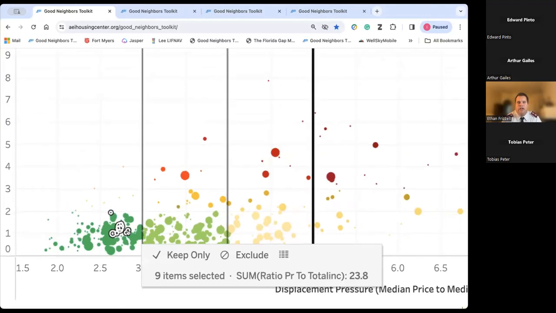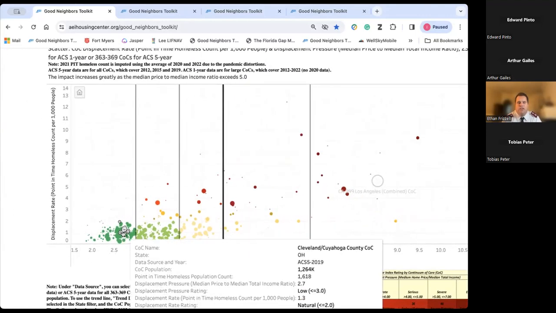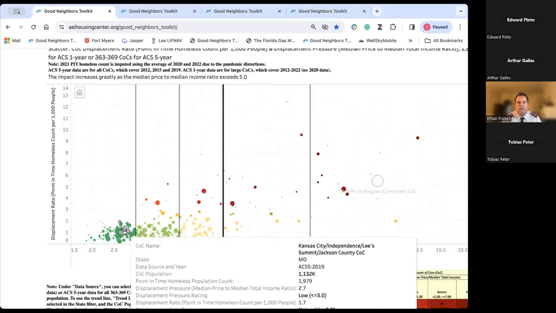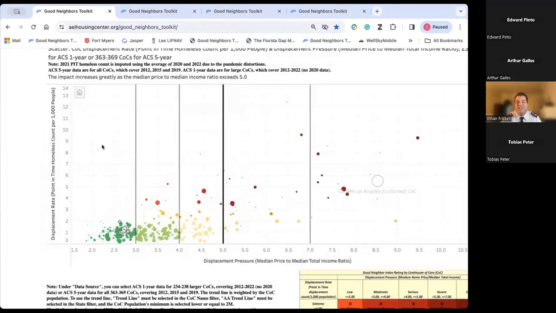And AEI very graciously left that data available to us, which means that once you found your city, you can actually table that data, move it into a data window, and look at those cities that are comparison to you and how they did with time. So I'm going to pause on that for a moment, but it's kind of an insider trick